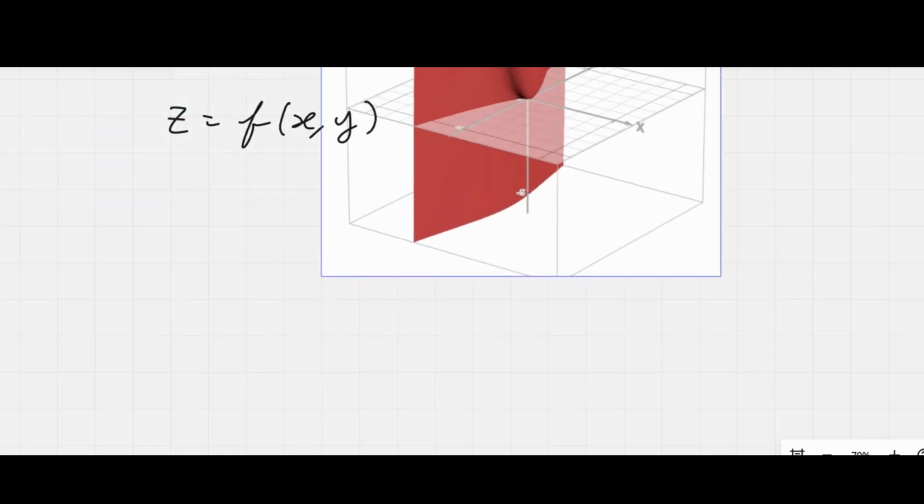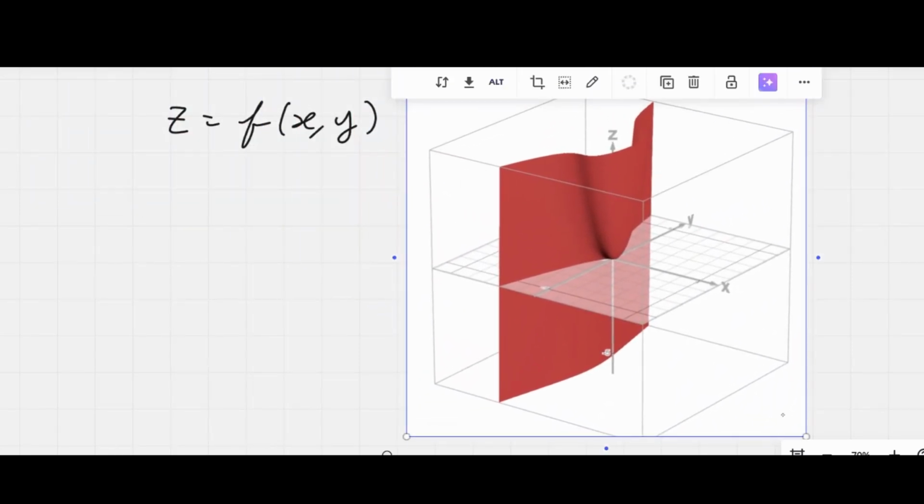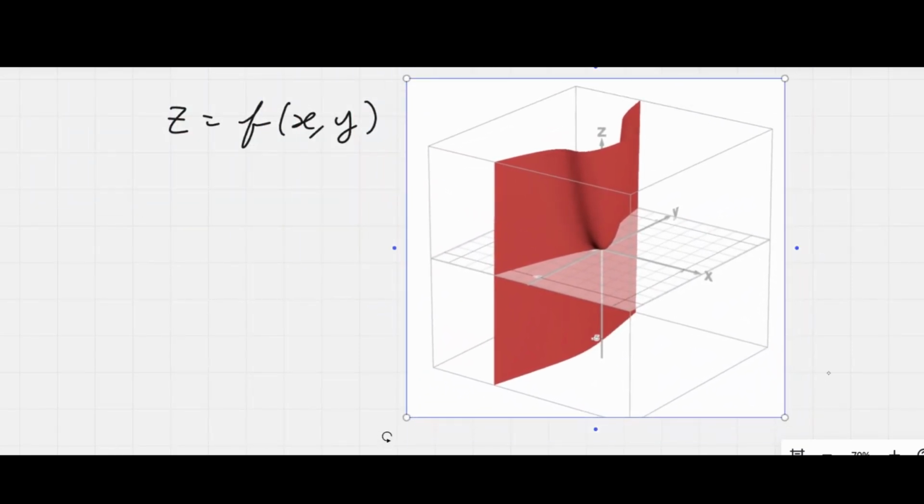Alright, so we've previously talked about surfaces that might look something like this. Again, where our function f takes in two variables and returns a single variable output. And those surfaces might look something like this. And I'm going to bring in a graph over here. And so these are 3D surfaces